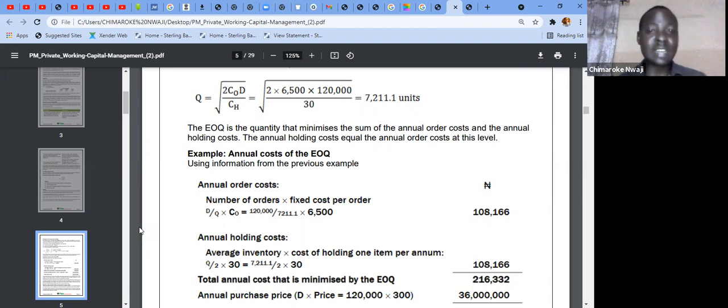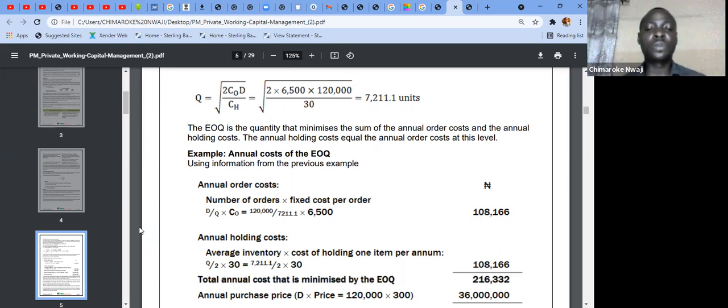When you multiply that by 30 naira, which is the cost of holding one item, it gives you 108.66. That is also your holding cost. Now, can you notice something here? Your ordering cost and your holding cost give you the same figure. So whenever your ordering cost and your holding cost give you exactly the same figure, that is the minimum cost